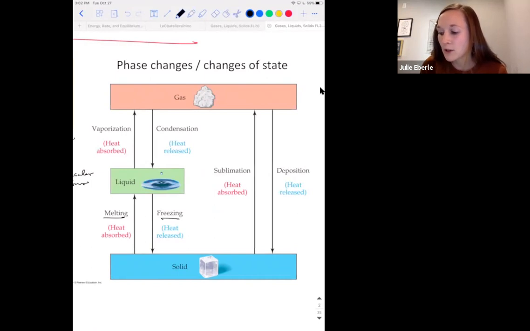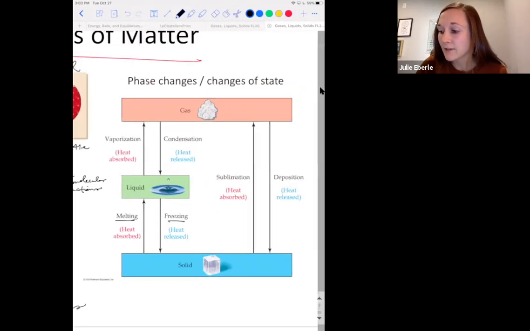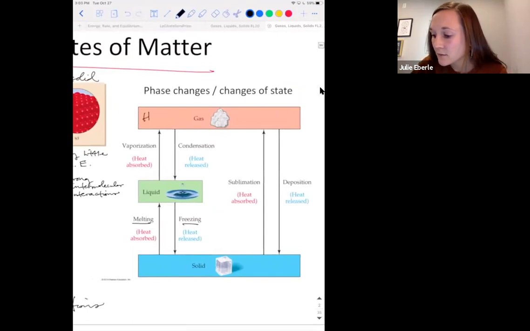But what I want to point out is you can see in parentheses these little phrases associated with each change, and it's telling you whether heat was absorbed or heat was released. Okay, so if gases have high energy and solids have little energy,